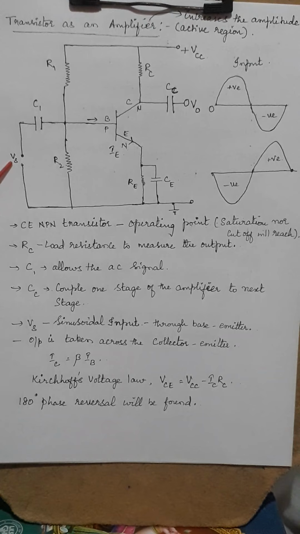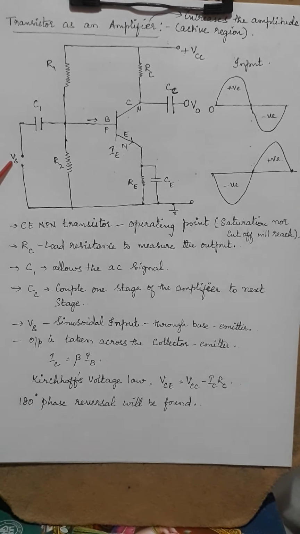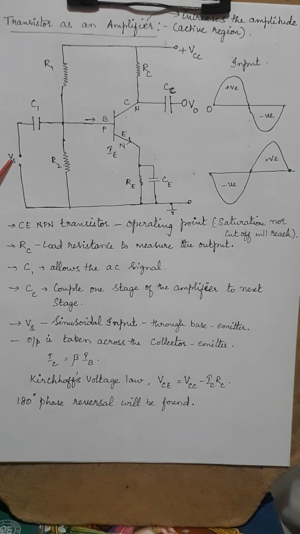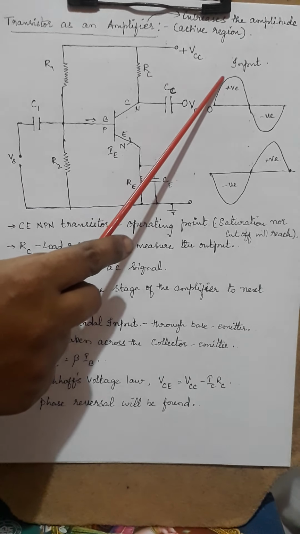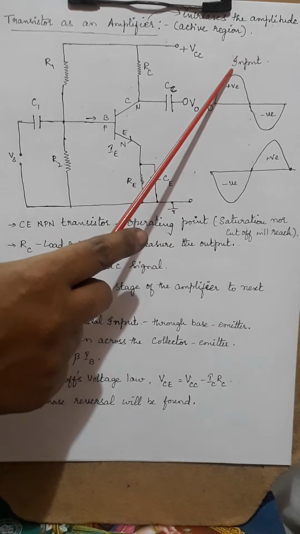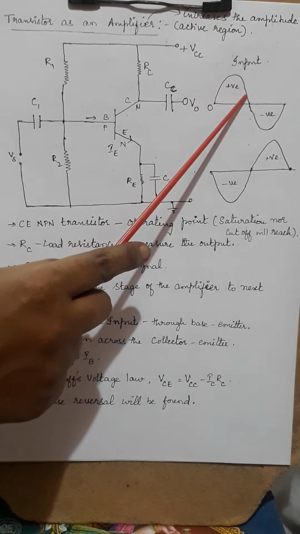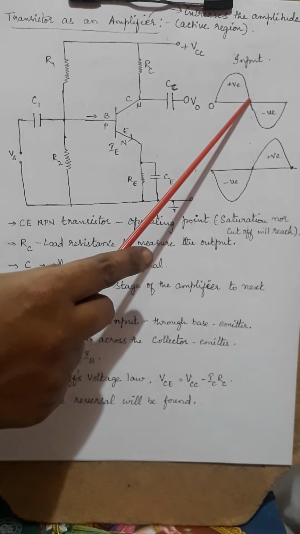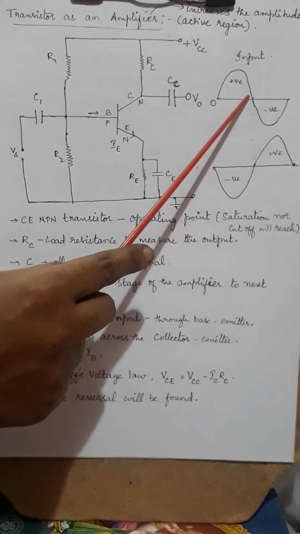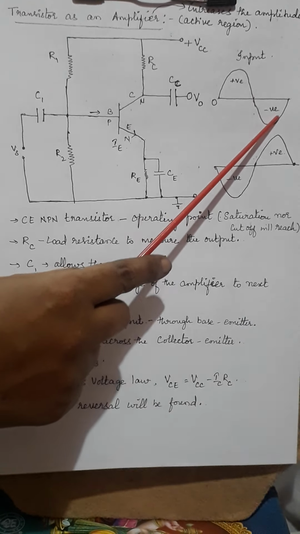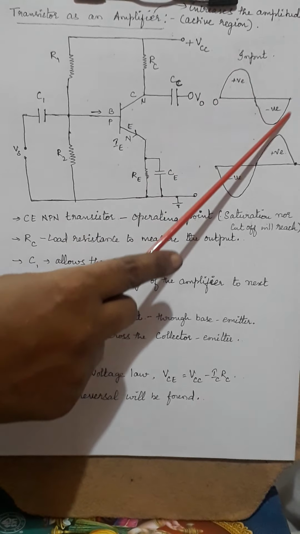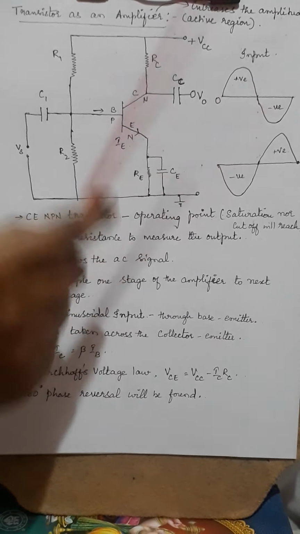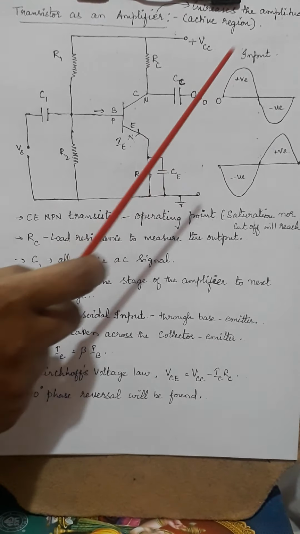Then this is the signal, an analog signal which is given. What is the meaning of analog signal? It is where the current varies at every point, reaches a maximum and then decreases to 0, then it moves to its negative region, again increases and reaches 0. This kind of signal is called an analog signal. So this is the input.